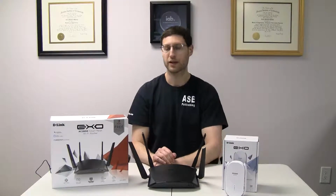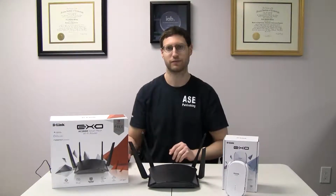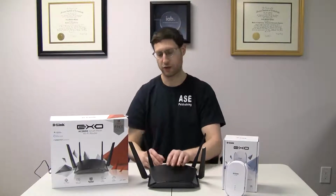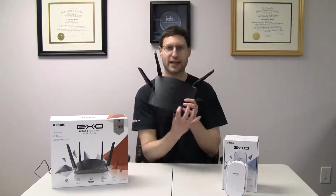And that's really important, because what's the point of having gigabit internet if you are unable to use it because of the router? We'll cover that stuff later. When we go on the computer, I'll show you the interface, I'll show you a speed test, and show you exactly what I mean. Taking a look again at the top of the unit, you have status LEDs up here,